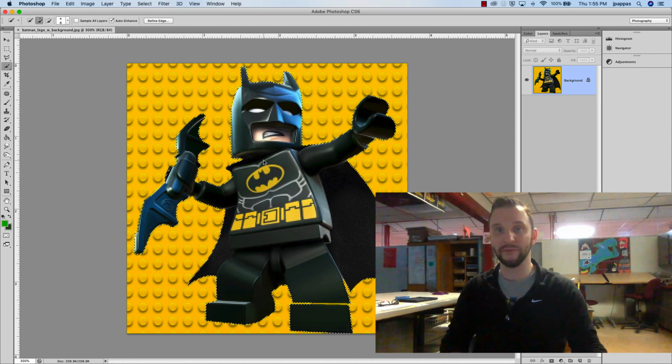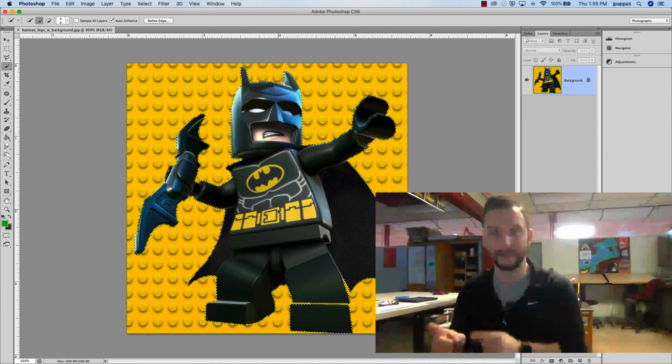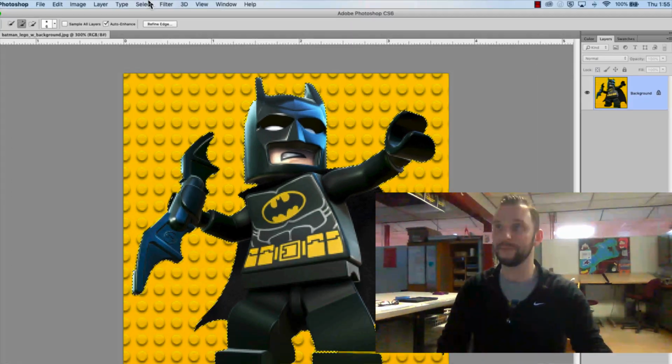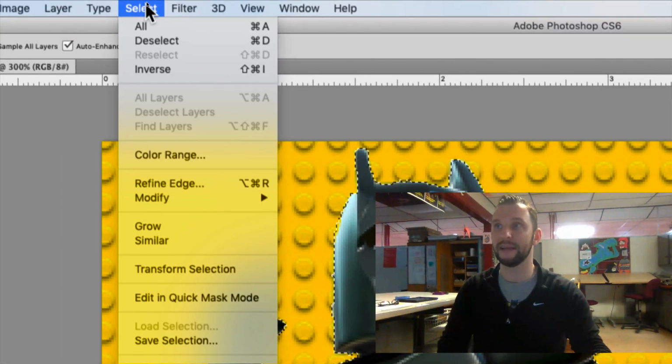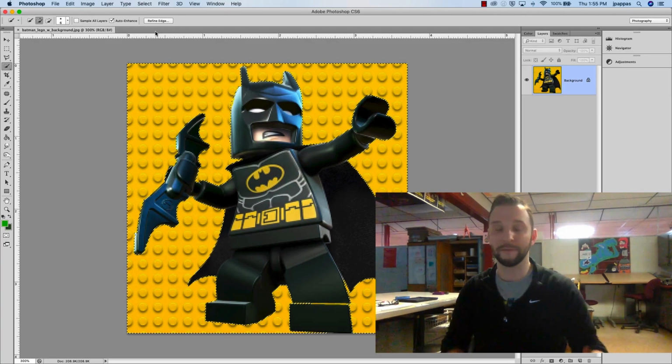Now, because what I want to do in this image is get rid of the background, I have to tell the computer a little bit more information. Again, there's lots of different ways to do this, but the way that I found works the best for this image is simply going up to the top of the screen where it says Select, and then clicking on Inverse, which basically is a fancy way of saying select the opposite. And now that instead of it being selected just on the character, I've got the whole outside border area selected,